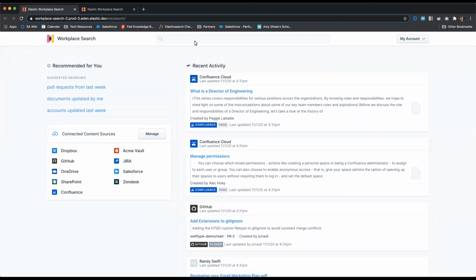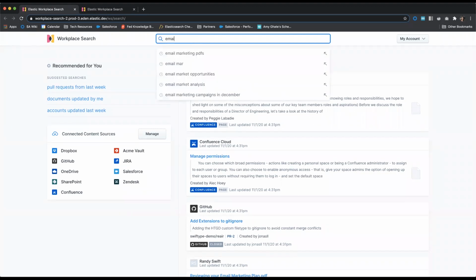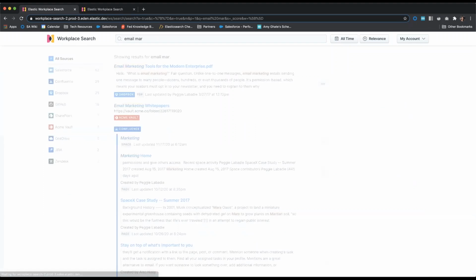So first off, I'm going to jump into the search bar that's provided as a part of Workplace Search's web search experience. As I type, you can notice that I'm presented with cues that'll help me form a more meaningful query. The query suggestions returned are based on my own search history, and it's pretty common to use Workplace Search as a quick and easy way to navigate documents I know exist. So I'm going to go ahead and click on the query,